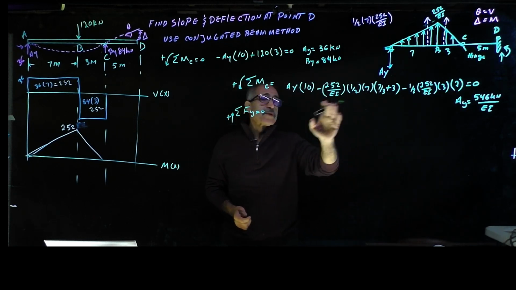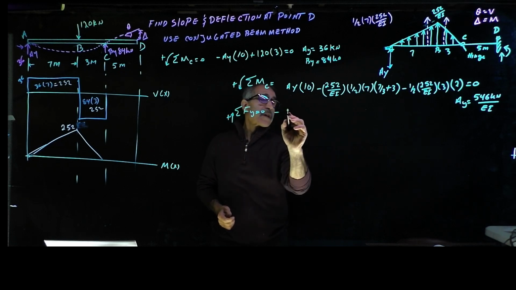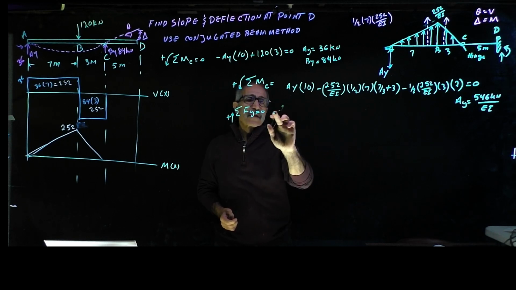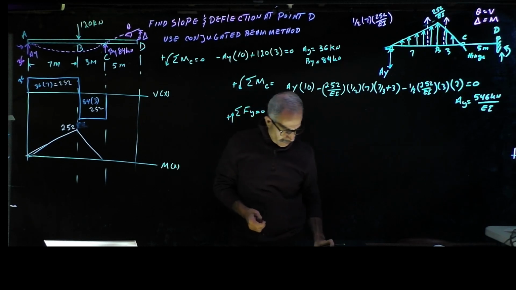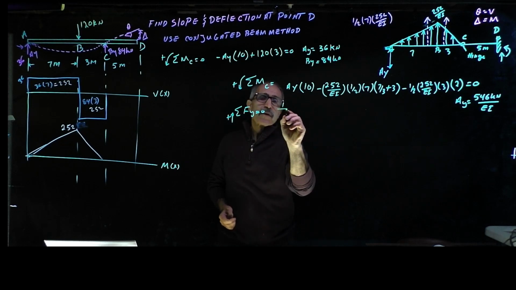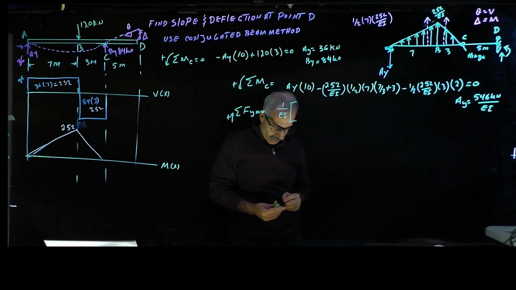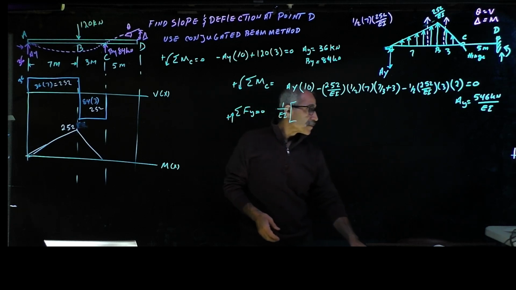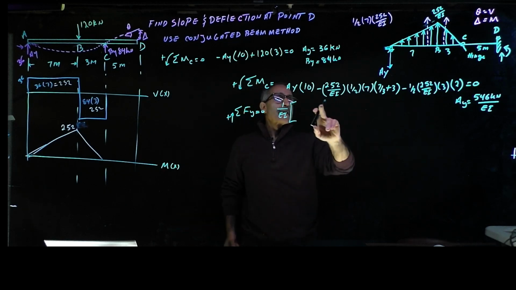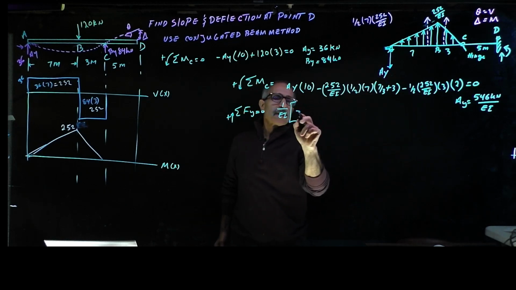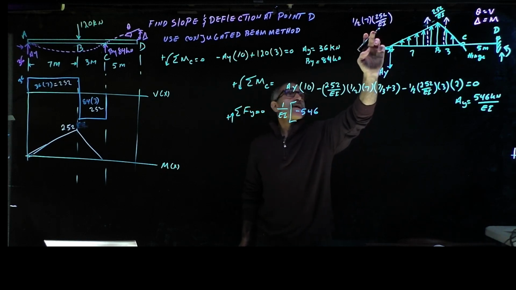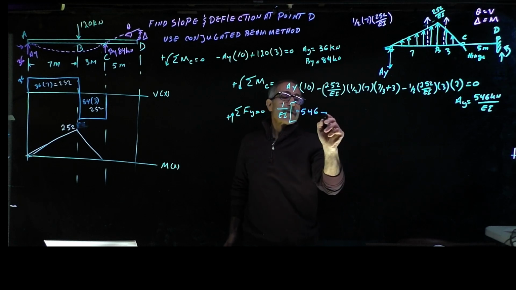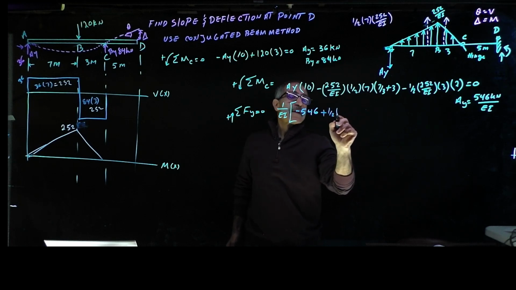I'm going to have AY, which is a minus, and let's just take the EI out. 1/EI. Get that out of the way. There we go. And let me use a different color so it looks nice. 1/EI. So I'm going to have minus 546. And I'm going to have this magnitude right here. It's going to be plus 1/2. I should have calculated that. 7 times